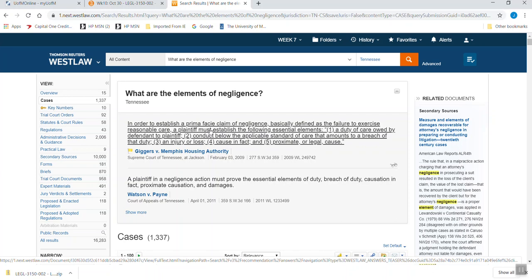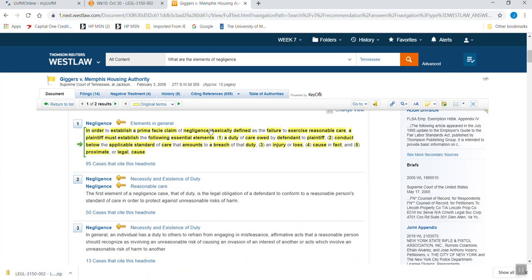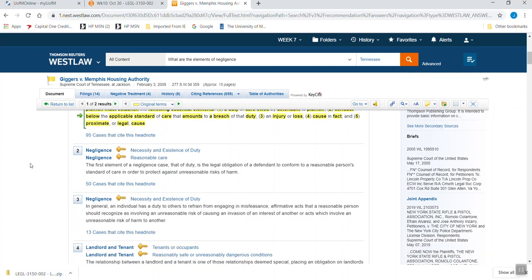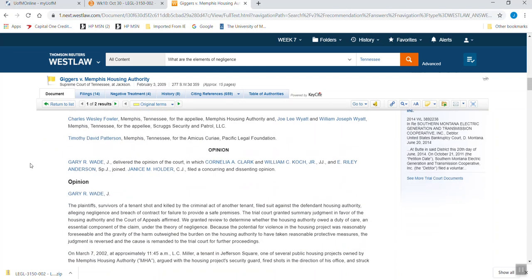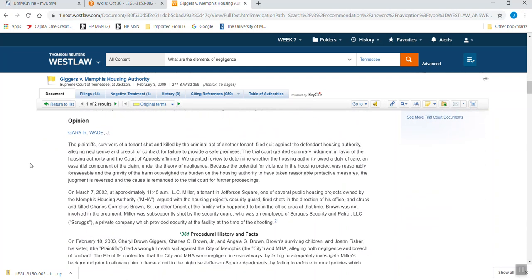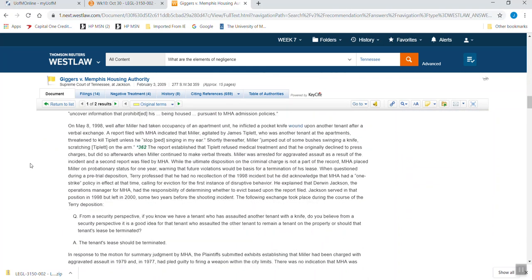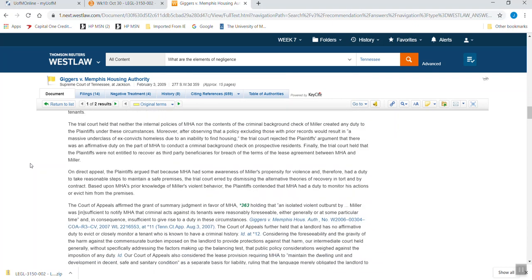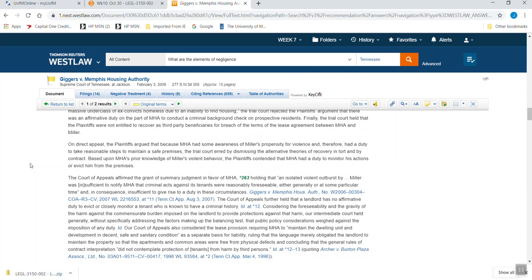So what I'm going to do is I'm going to just click on this case, and as you can see in the key sites, it goes on to tell what you have to have to establish negligence in Tennessee. So I'm going to come in through my case, or into my opinion,